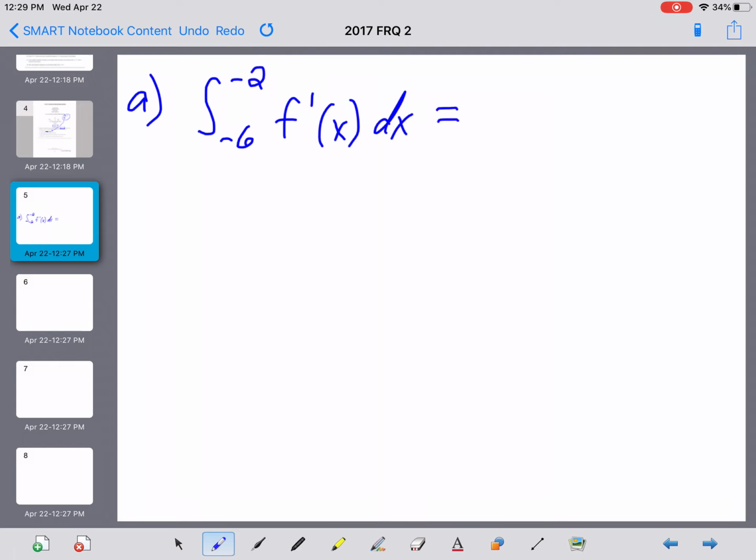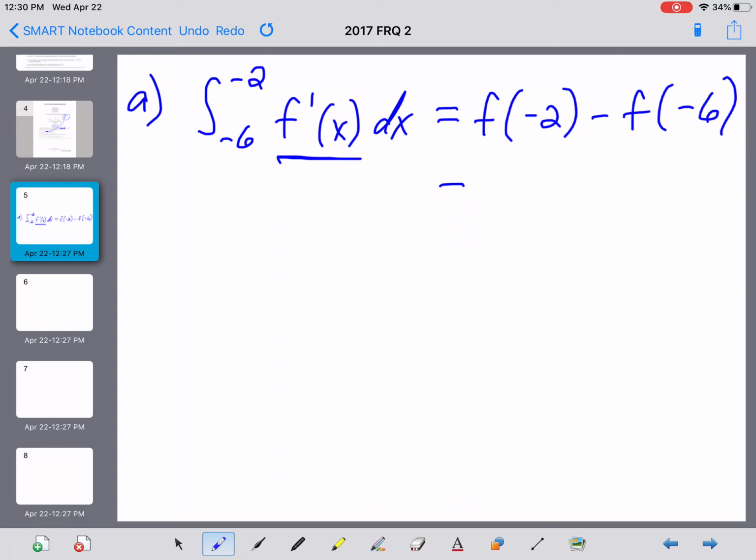Now what they really want to see on this problem is if you're able to make this leap here, that a definite integral of f prime of x would be found by taking an antiderivative of your integrand. And the antiderivative of f prime of x, by definition, is f of x. So we're going to evaluate f at our upper limit, -2, minus the value of f at our lower limit,